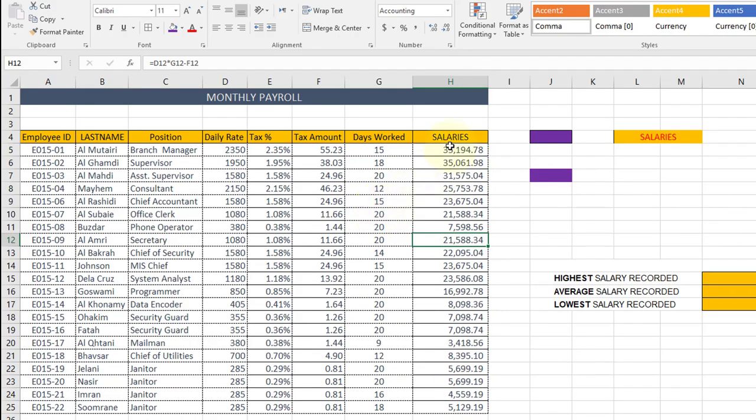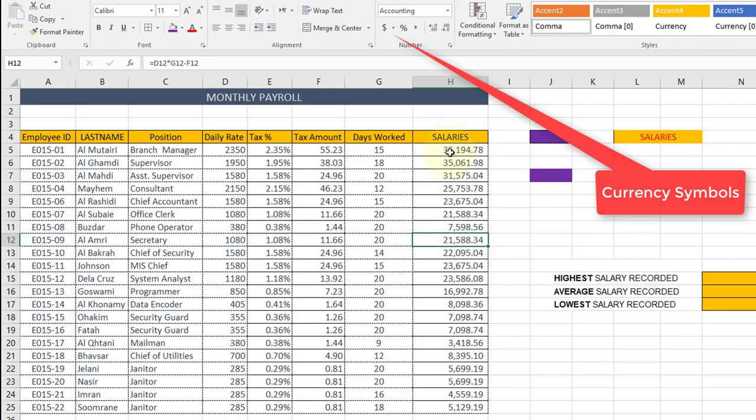Another thing, now if you look at these values, these are actually sales, right? So it means we need to see a currency sign here also. So you can find the currency sign from here. You can see it shows some basic ones. If you don't want this one, you want something else, you can still get that. So we'll select all of them and click this. Now we have the currency sign also. Now these are the basic ones that display here.